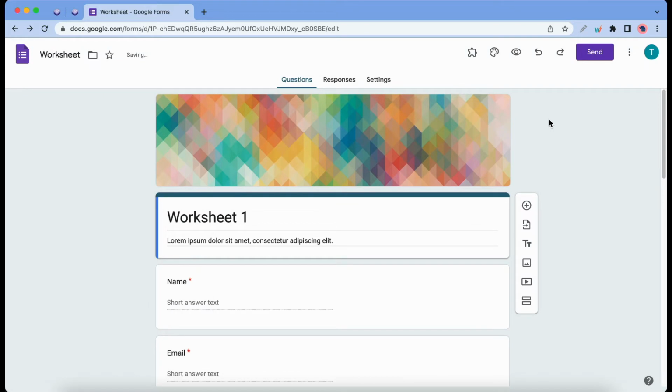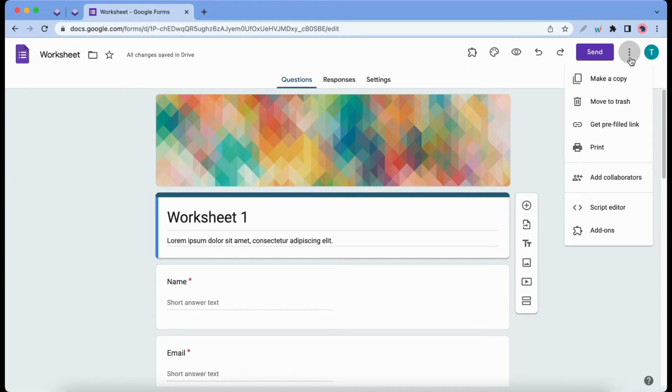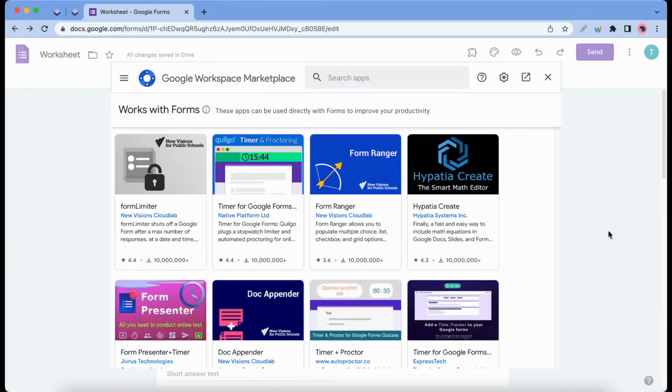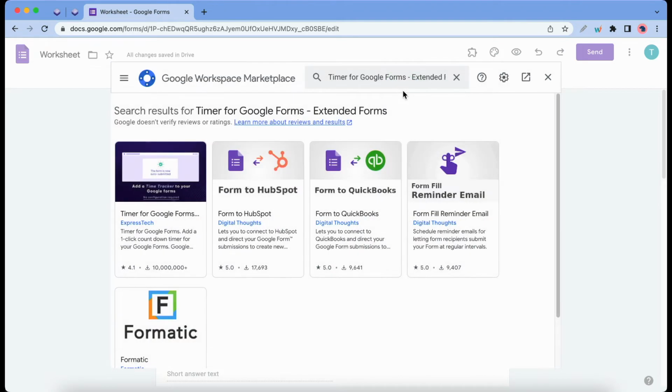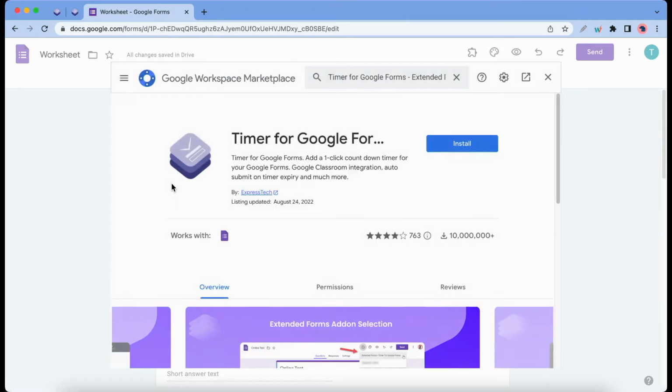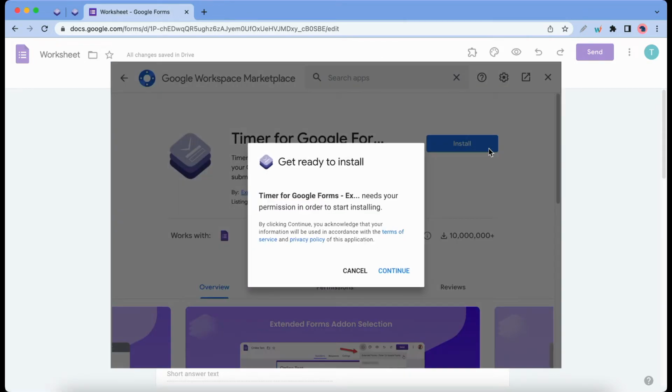So now I'll show you guys how to share a Google form with a timer. So let's first click on the options icon at the top, and from there we can click on add-ons. Let's search for extended forms, and we can choose the first result. Click on the first card, click install, continue,